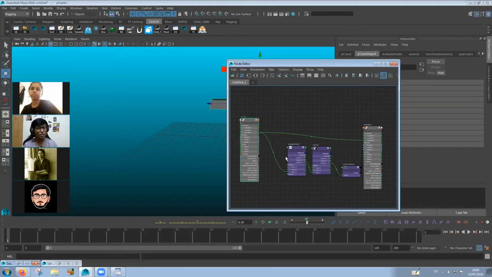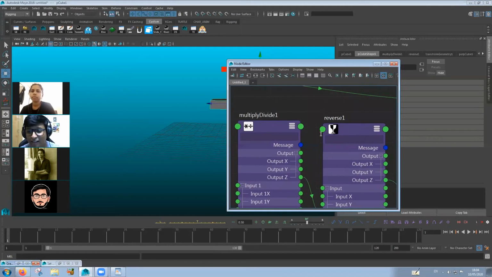Because if I start teaching you rigging, I cannot do it in 2 hours. I minimum need 20 hours and like 3 to 4 weeks of time to teach you rigging, because it's that deep of a topic. But my goal is to make you understand that there are things like this which you can use to further your rigging knowledge. If till now, for example, you had no idea what node editor is, now you know what it is. So you can go to YouTube, you can go to Google, and search how node networks work, and what we can do with node editor.